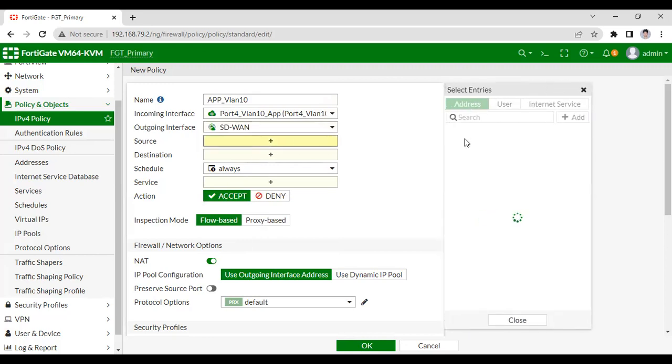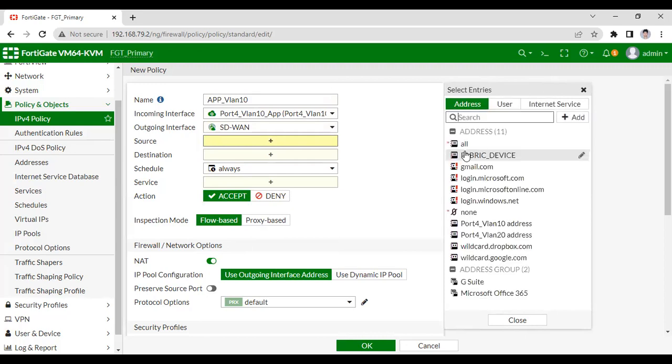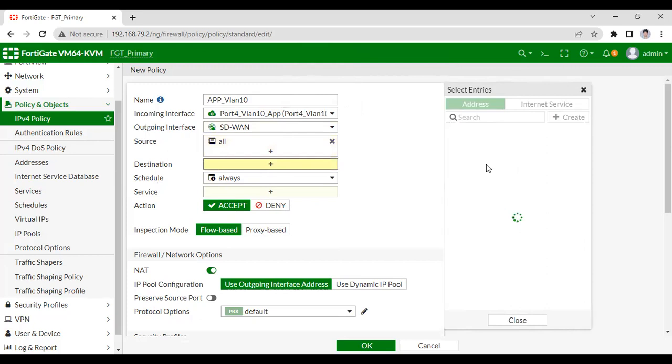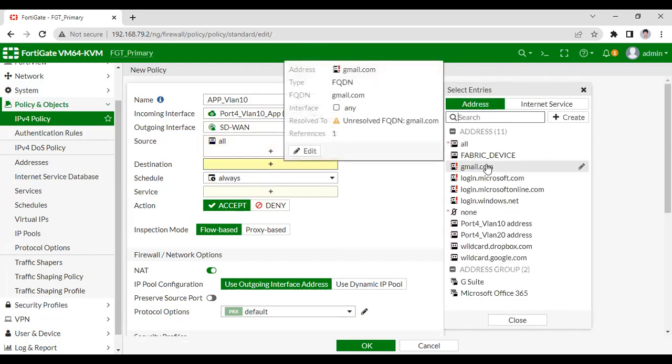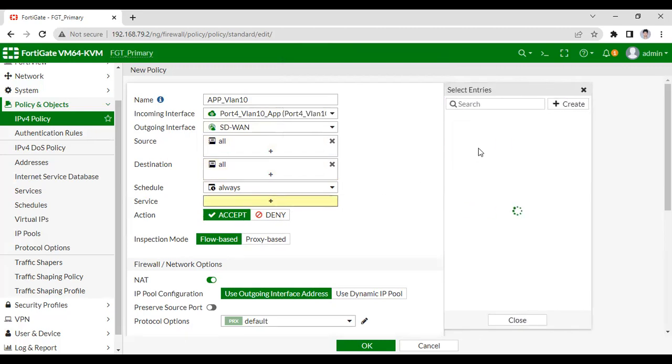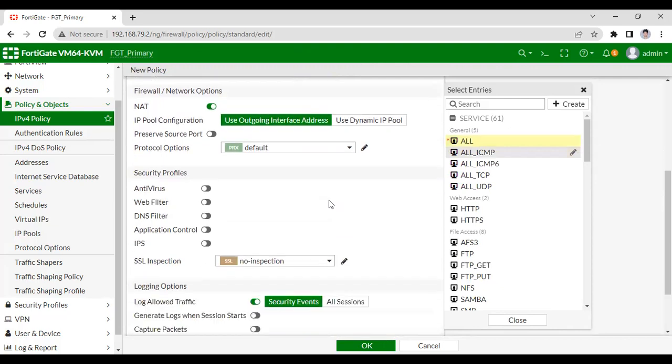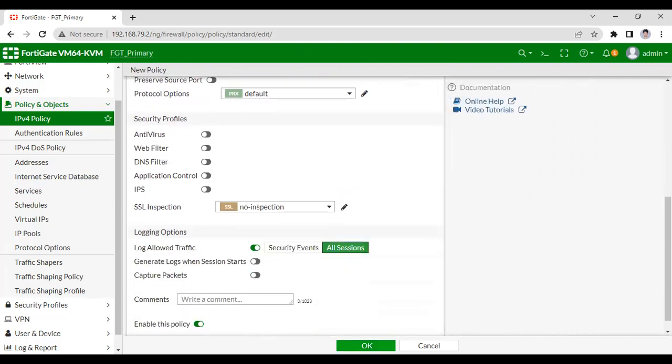For source address I'm going to have all, destination address all, and services also all. Then all sessions for log traffic.